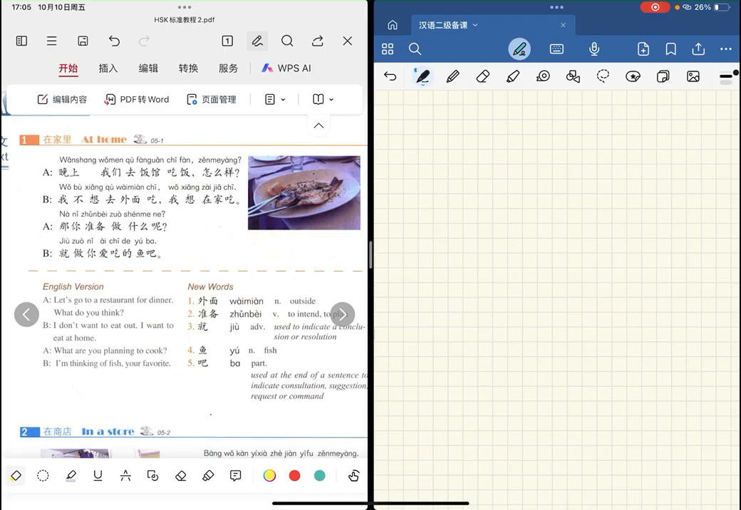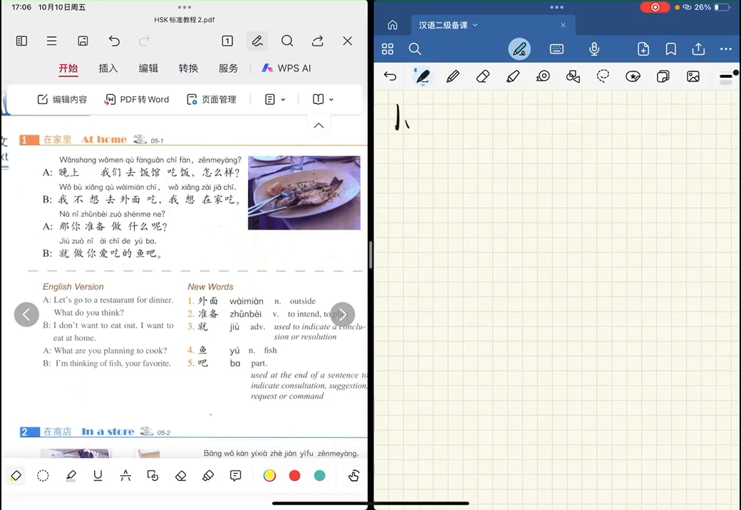第5课，就买这件吧。Lesson 5. Take this one. 课文1，在家里。Text 1. At home. 晚上我们去饭馆吃饭怎么样？ 我不想去外面吃，我想在家吃。 那你准备做什么呢？ 就做你爱吃的鱼吧。